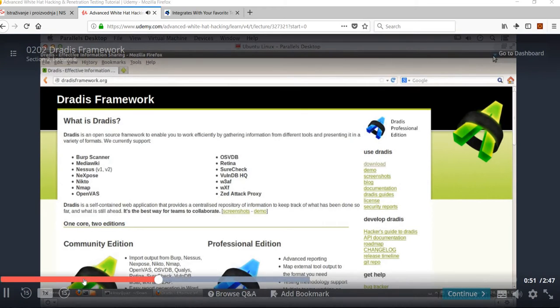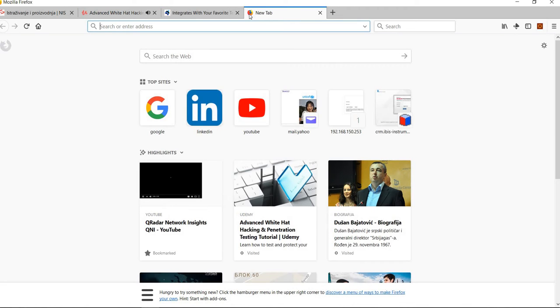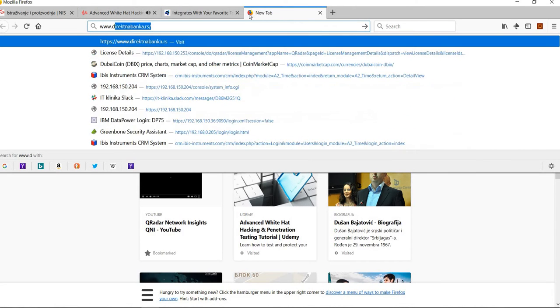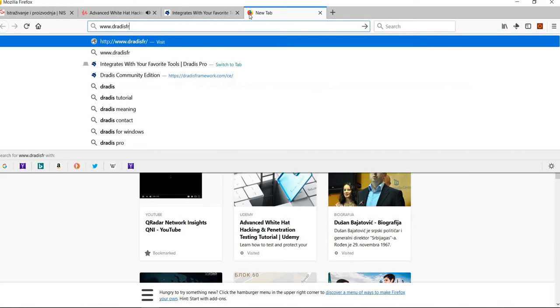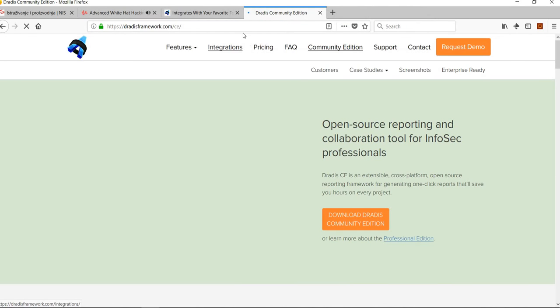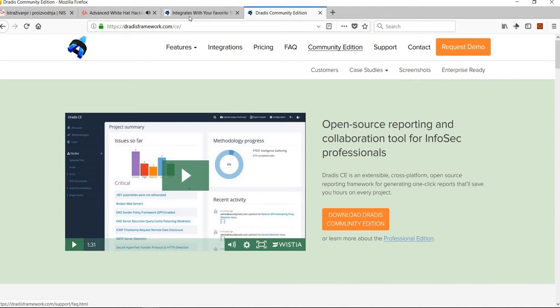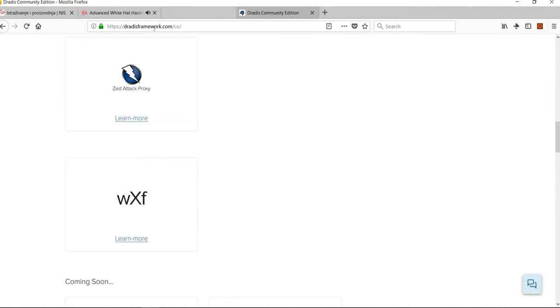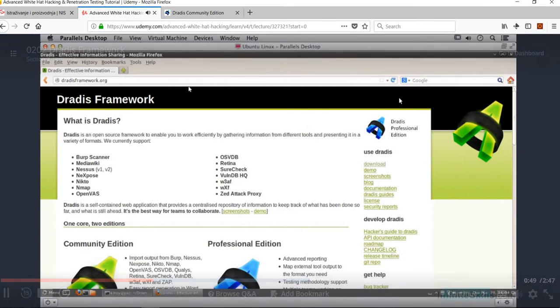can store all of the inferences, and here's a list of the tools that they actually support. So we've got Burp Suite, we've got Nexpose and Nessus, Nikto, Nmap, and the W3AF, the Z-Attack proxy. So there's a number of different tools that it supports the output from, and we can take that output and we can put it into Dratus, and we've got one place that we can store all of the information, which